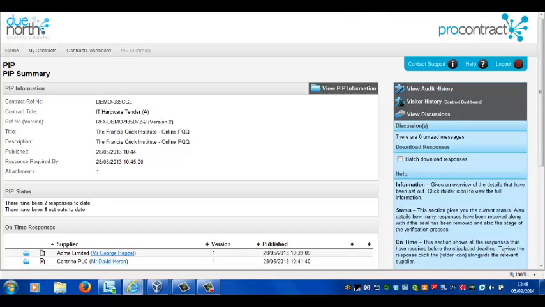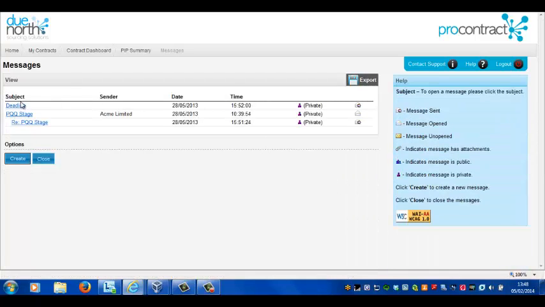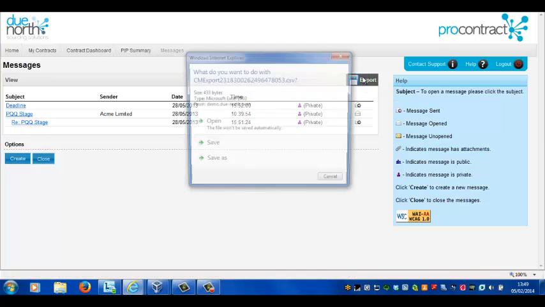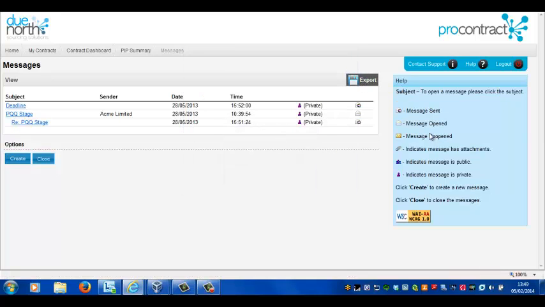Another option that's available to me within the system is the discussions area, and the fact that I can actually export all the questions and answers that have come through any particular stage within a procurement exercise. So if I go to the discussions area, still just on this PQQ step, you can see here there's been some communication between me and a supplier, and I've also issued some additional information to suppliers as well. We now have an export facility, so if you need to, you can click on the export function here, and what that does is it pulls this through into a CSV file,